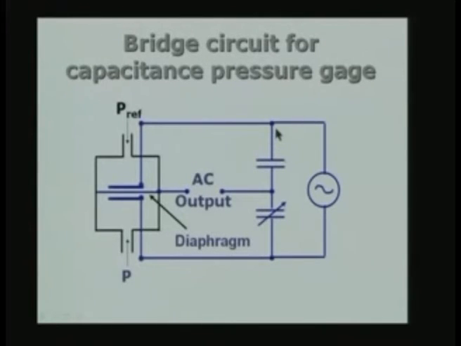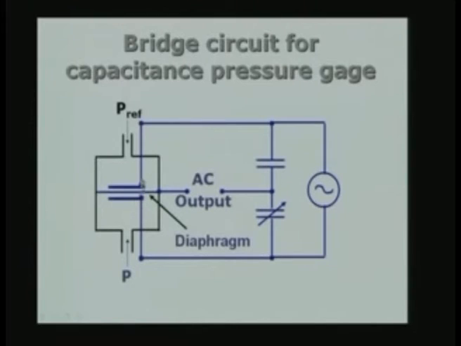And in fact, you can see here that I have connected across this an AC source. Usually high frequency AC is used for this excitation. So, what you get here is an AC output, just like in the case of the LVDT. In the LVDT also we had a similar situation. Of course, it was because of transformer action, but here we have two capacitances which are going to be out